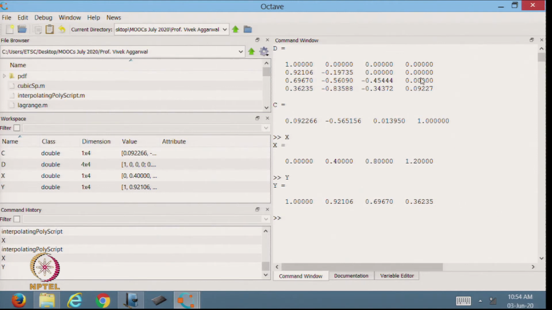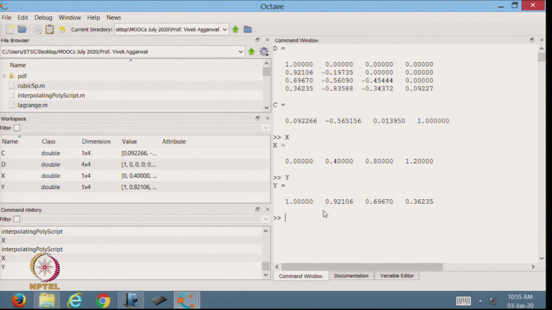That is why I was able to substitute C equal to d, the last divided difference. From here I am getting the value of C. These are the coefficients: 0.096 x cube minus 0.56 x square plus 0.0139 x plus 1. So, that is the value of this.